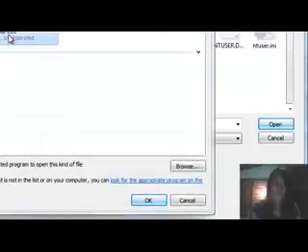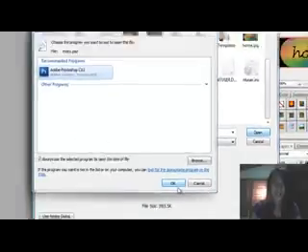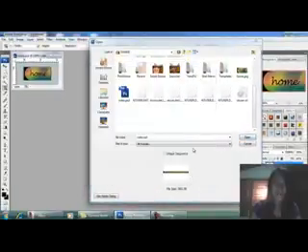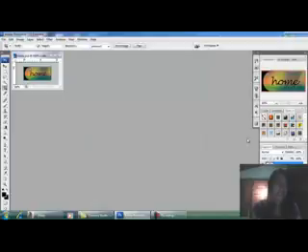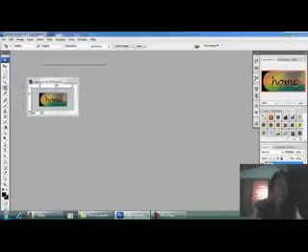Open with the Adobe Photoshop CS3. Then press OK. Then open. Then after you open, just wait for a while.